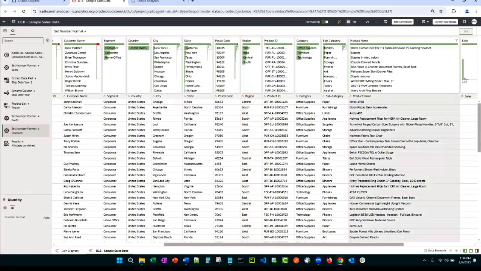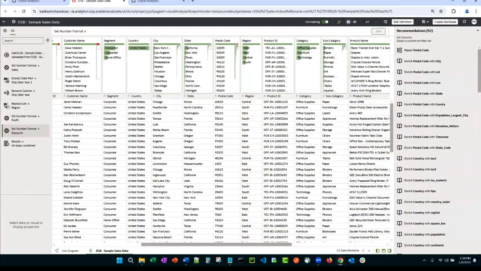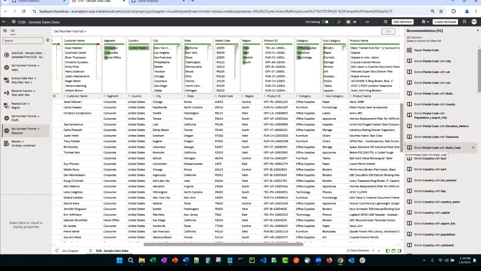And the last feature I want to point out here are recommendations. So within this platform, when this data is loaded, it does some machine learning and tries to profile and understand your data. And with that, it sometimes will create recommendations that can help you out with your data. There are some things called enrichments, and those are typically geographic based, where, for example, if you have a state and you want to know the country it's in, the system can actually enrich your data set with some of those geographic attributes. Again, it's never affecting the source data, but just adding to it, so they run at runtime, and you have now up-to-date enrichment data.